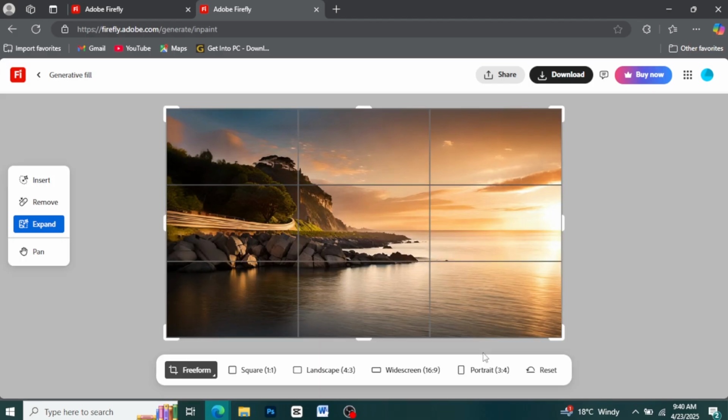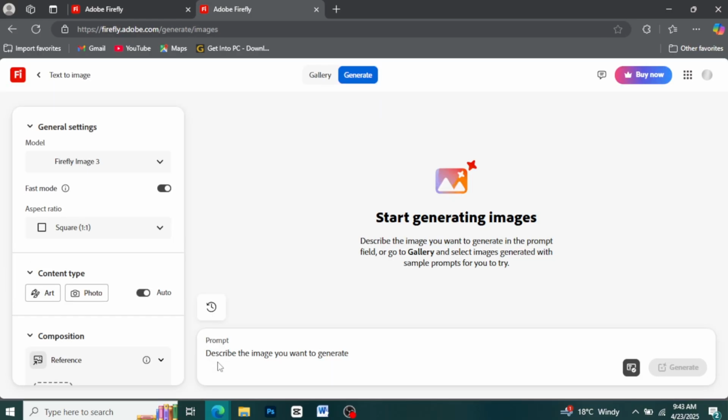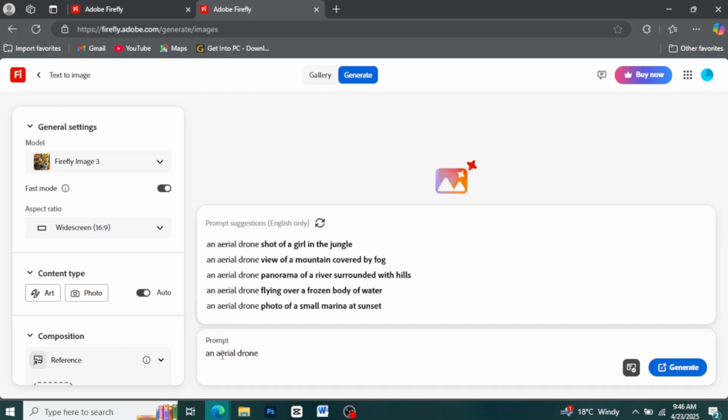Creating depth and backgrounds. Although Firefly doesn't include a dedicated depth slider, you can effectively simulate depth and dimensionality in your videos with a few creative techniques. Start by crafting detailed prompts that imply perspective, such as an aerial drone shot over a forest, which naturally introduces a sense of 3D space. For custom